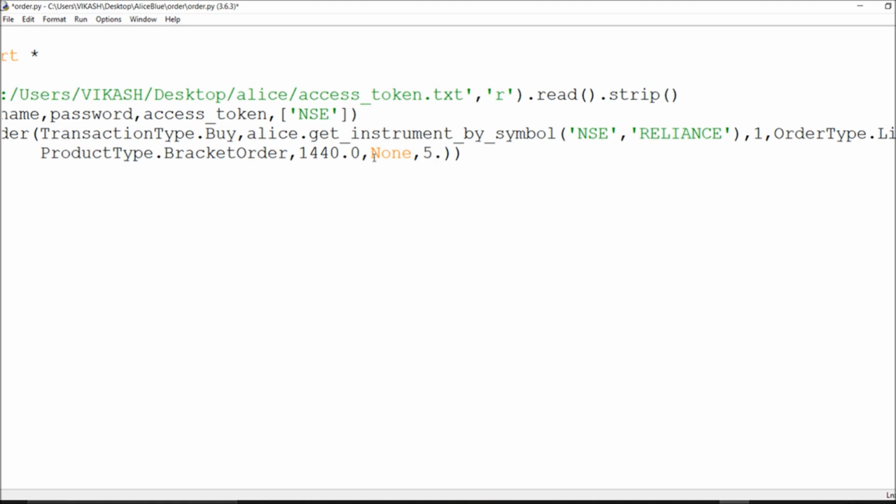So I will just give a stop loss as 5.0 and for target I will just say 3.0. So whatever you want, initially vice versa you can go. So stop loss first, then square off. Okay, so you have to go that way, and then for your trailing SL and for EMO orders you have to say none. You have to give each and everything as none, whichever you don't want to give anything.